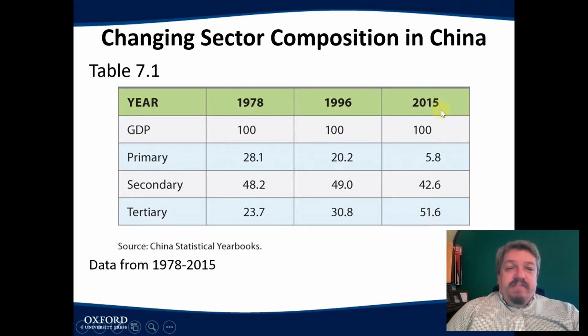Look at today, 2015. Now, the primary sector is less than 6%, so a big drop. And the service sector has changed. It is now almost half, or a little over half, of the economic activity is service materials, right? And think about today. Today, China has the second largest economy in the world and one of the highest standards of living. So you can see that they underwent a rapid change reflected here in this makeup. So let's get into detail.